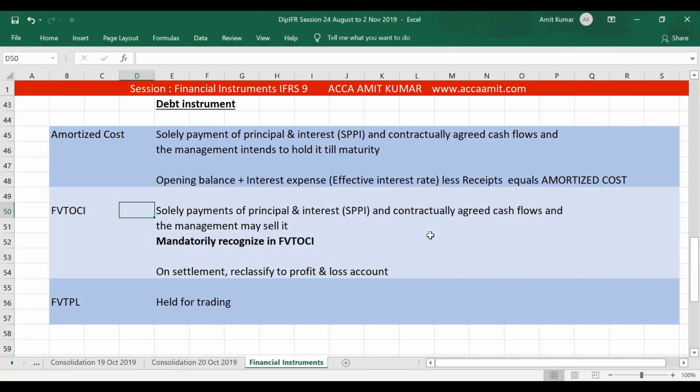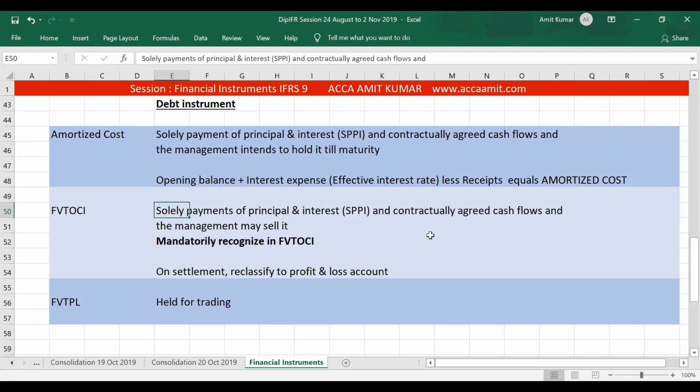But if there is a fall in value of fair value through OCI, we are taking the entire loss to OCI. But if we get to know, on the basis of the solely payments of principal and interest and contractual agreed cash flow, that there is a doubt on the recoverability of these contractually agreed cash flow, and whatever expectation of recovery we have, now we know in advance what is the expected recovery because this is predictable. If there is a doubt on this receipt and if it falls, shall we charge anything to P&L